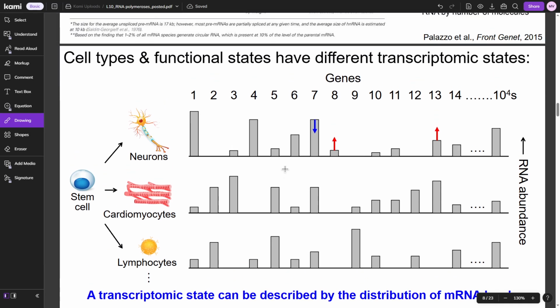This is just a nice way of showing you that different cells have different genes that are being expressed. I hope that's something you understand by now. Different cells should not be expressing the exact same genes. A muscle cell is going to express stuff like actin and myosin so it can do cross-bridge cycling. But a neuron doesn't need to contract, so it's not going to express genes that code for actin and myosin quite as much as skeletal muscle.